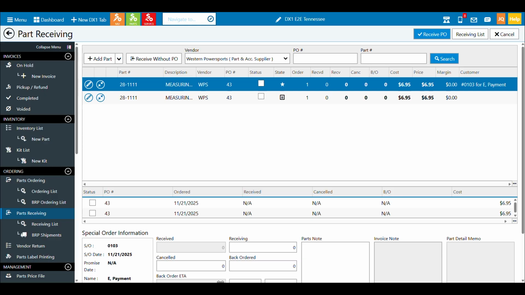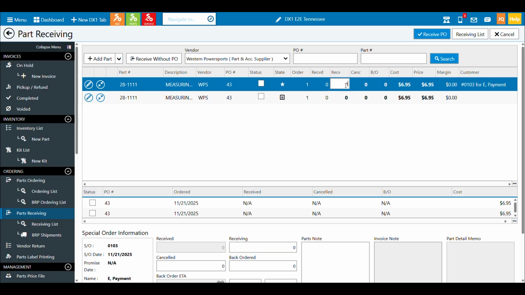Okay, so for receiving against a PO, this is a really simple process. I went and I found the vendor. I can search by a PO number. I can search by a part number if I want to. I do recommend using a first in, first out type of process, meaning you should fulfill the oldest PO for a particular part. A customer should get the part before a stocking order does, things like that, but we'll leave that up to you. In the case of just receiving the part, it's pretty easy.